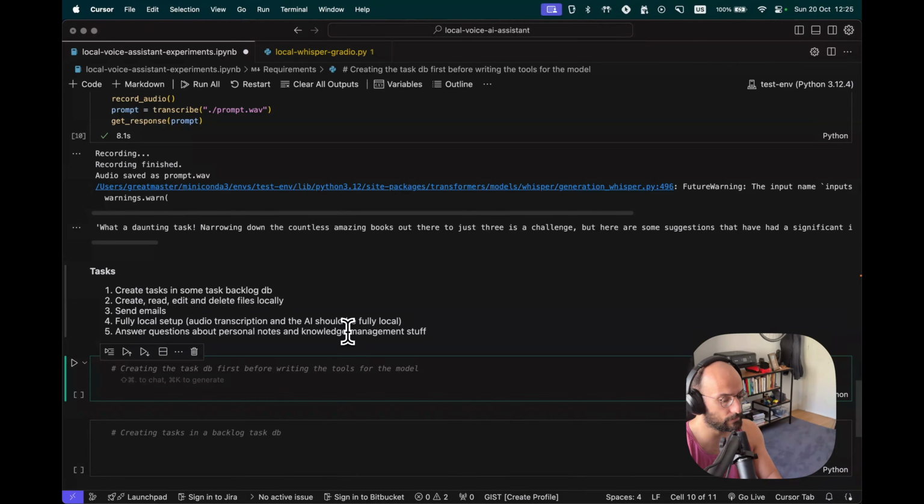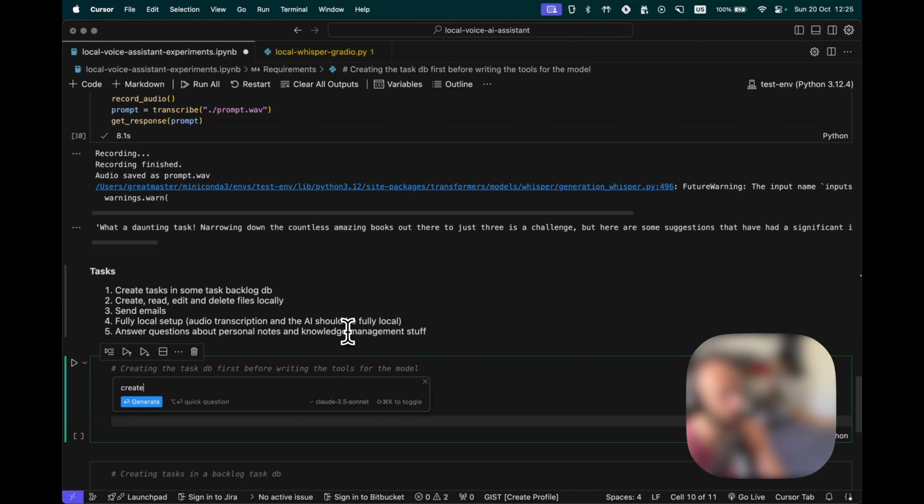So for that, we're gonna say create a Pandas data frame. If you don't know what Pandas is, it's a Python package for creating data frames, which are like table structures that you can interact with. You can create CSVs, etc. Super great. It's super famous. Create a Pandas data frame for a tasks database with